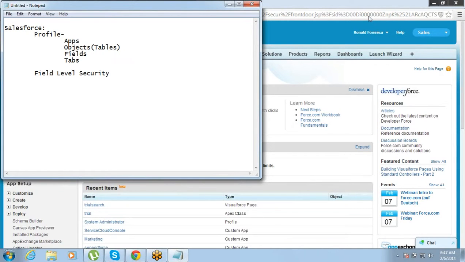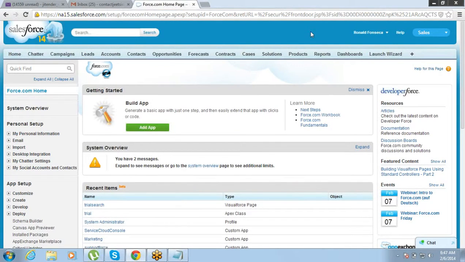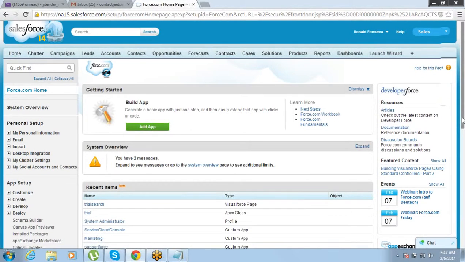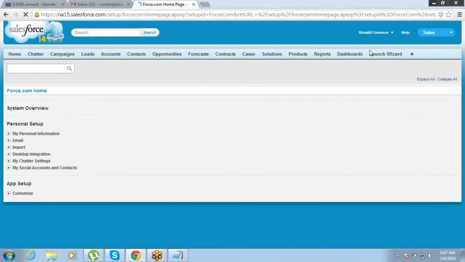How do we put that field level security? Let's go back to our profiles list. So how do we get the profile list? We need to go to the setup, manage users, profiles.